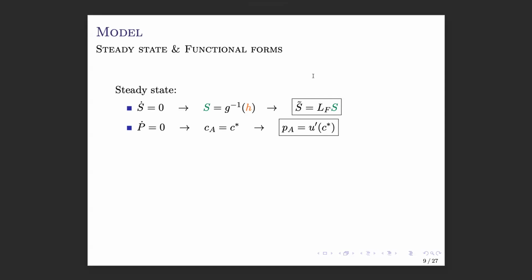I focus throughout, I think, for the remainder of what I'm going to show you, on a steady state where we think about a constant per hectare stock of forest land and a constant population. So everything I'm going to say is in that world, which yields, most interestingly, looking at the second line here, an agricultural price, price of agricultural output, that is a function only of the subsistence level of consumption.